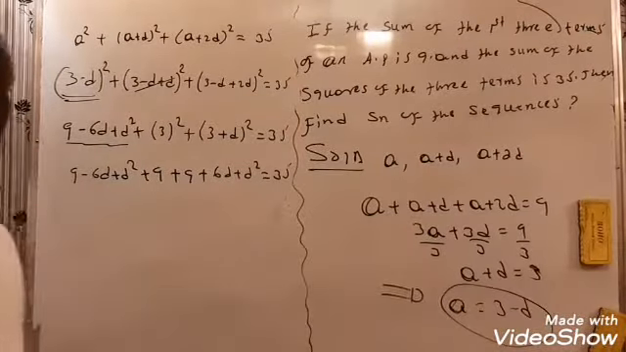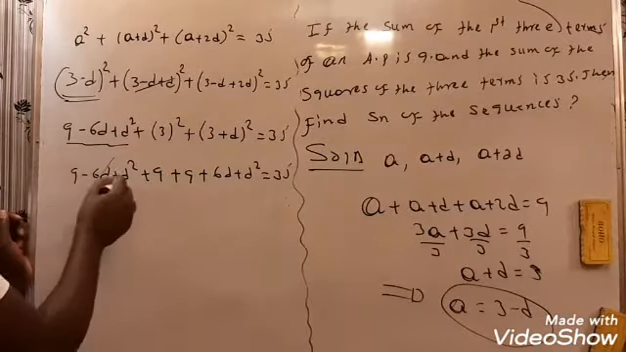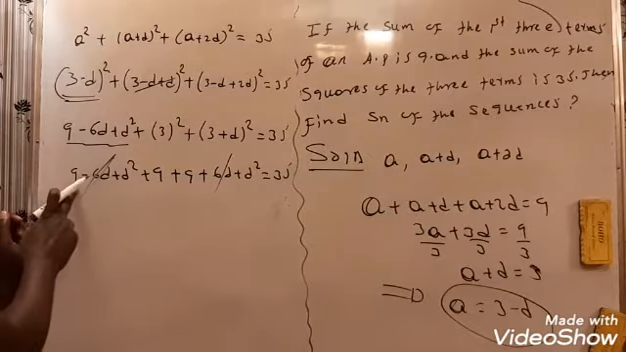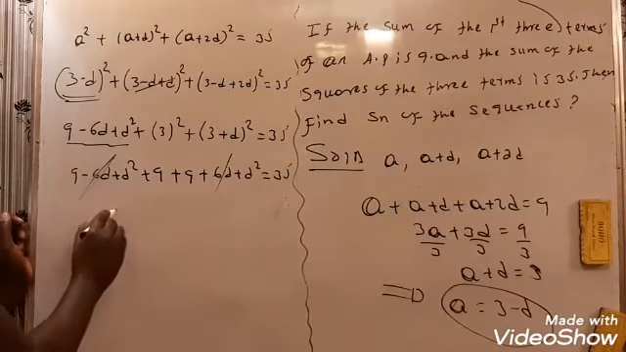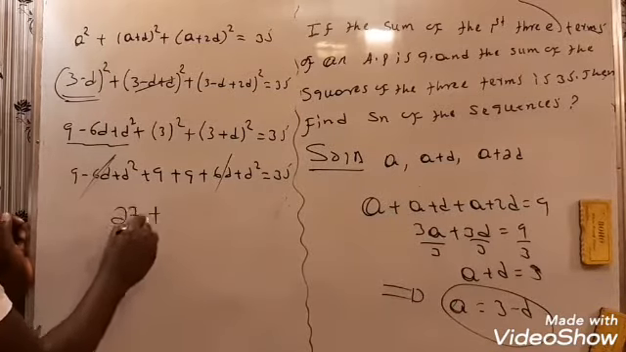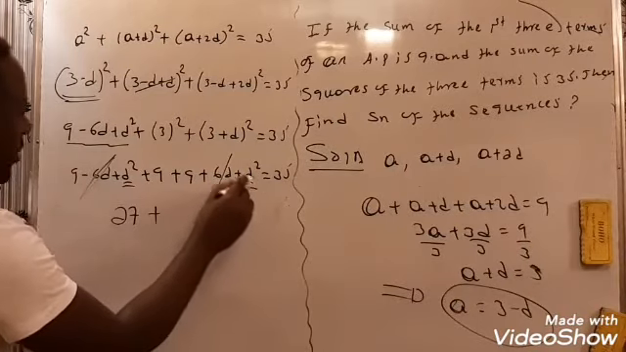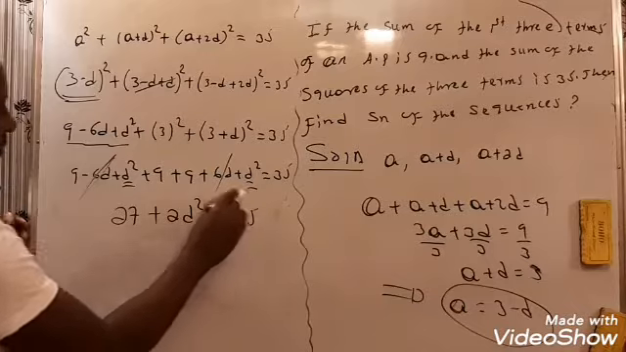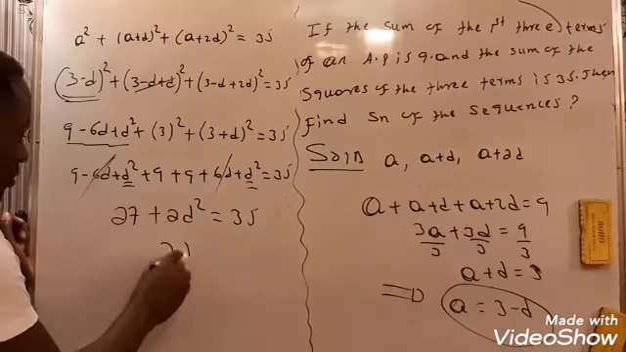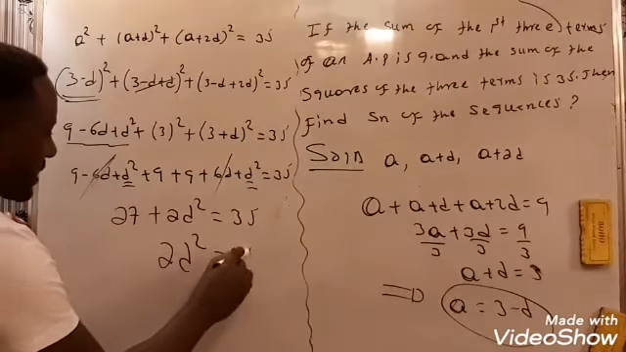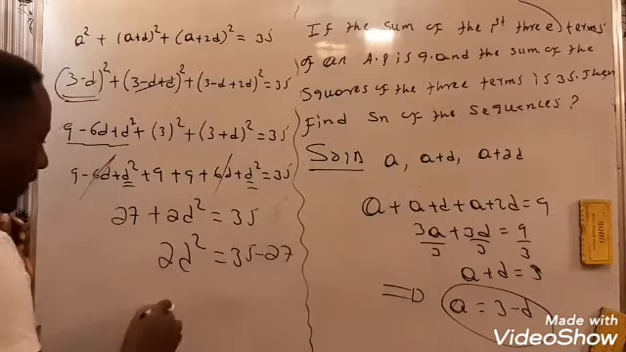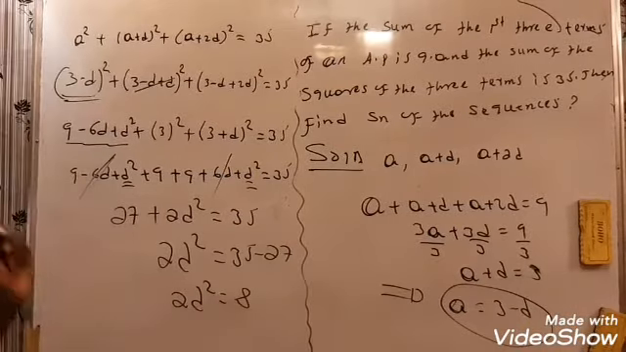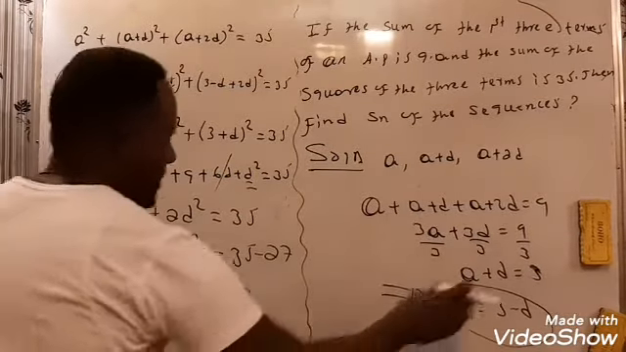So you know that this is cancelled by this one. And what's left? 9 plus 9 plus 9, which is 27, plus d square plus d square is exactly 2d square, which is equal to 35. Then from this, 2d square is exactly 35 minus 27. And finally, 2d square is exactly 8. So this implies that